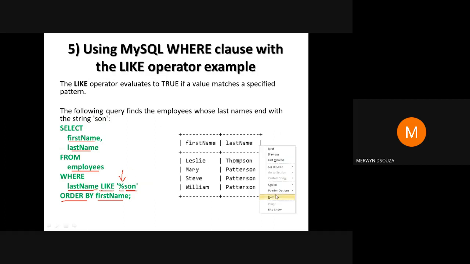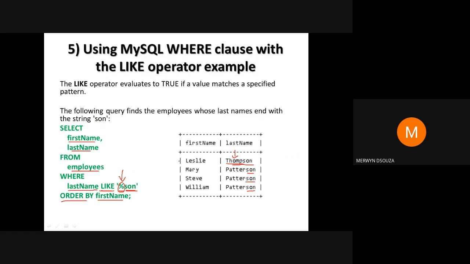These are all the employees having the string son in the last name. Their surnames end with the string son. The percent sign allows you to have any alphabets before that string son.